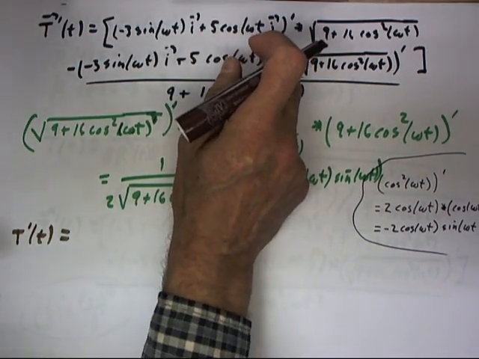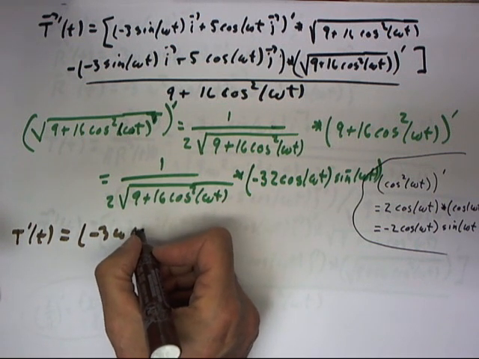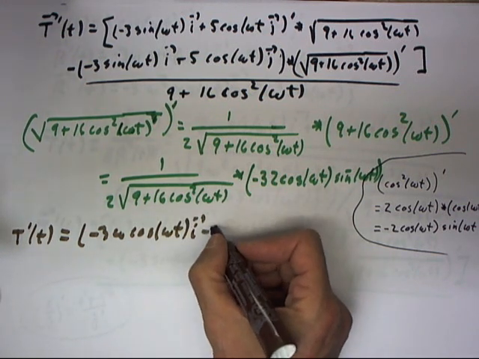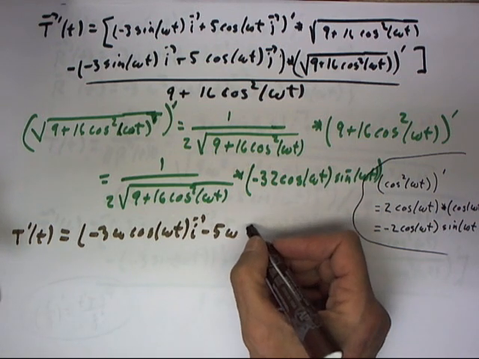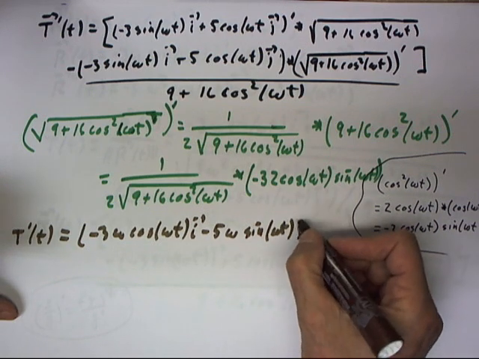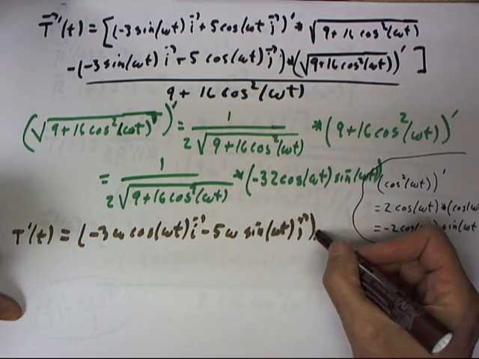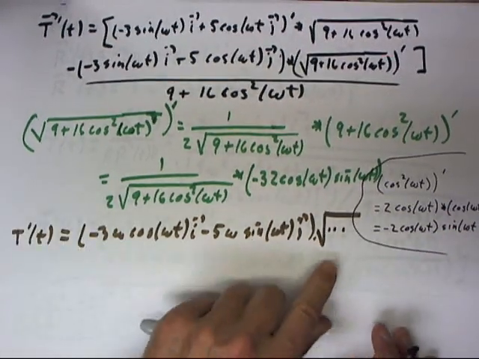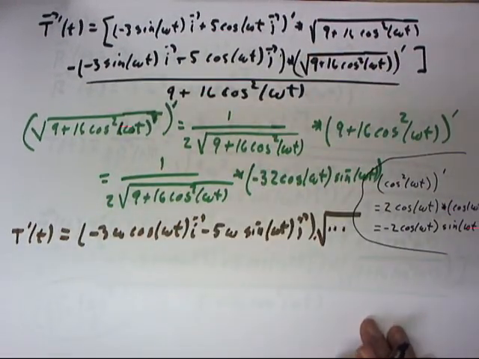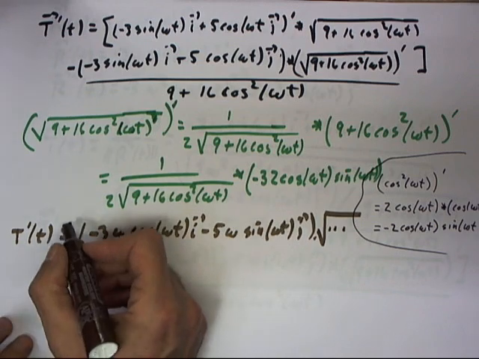The derivative of this, which is negative 3 omega cosine of omega t i minus 5 omega times the sine of omega t j, multiplied by this square root, and I'm not going to write out the details of the square root. Anytime we see a square root in this expression, it's going to be the square root of 9 plus 16 cosine squared omega t. So there's the first